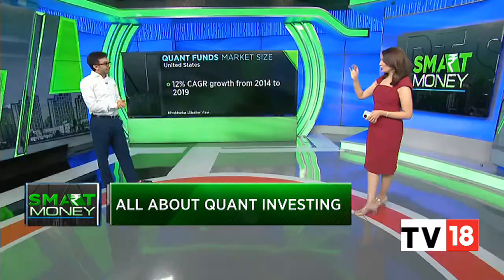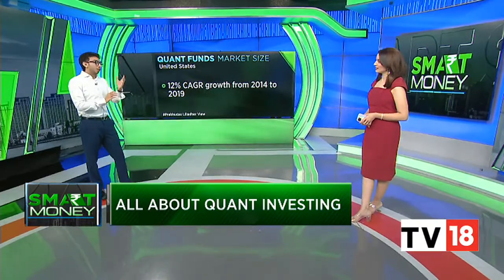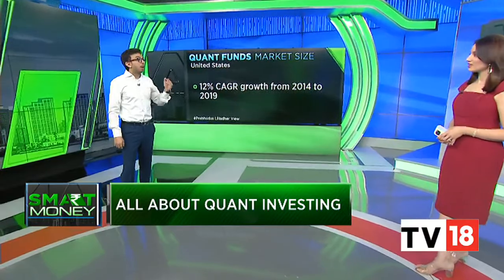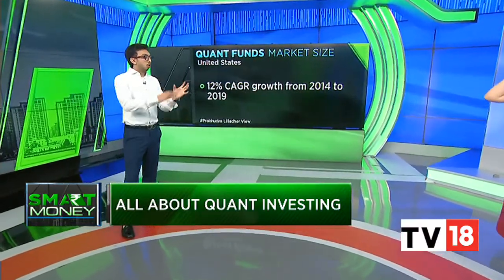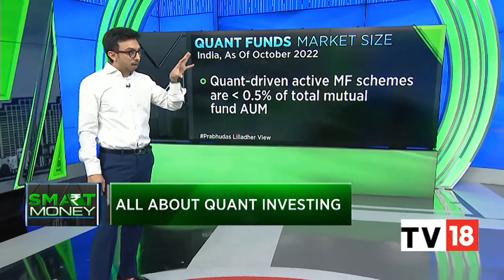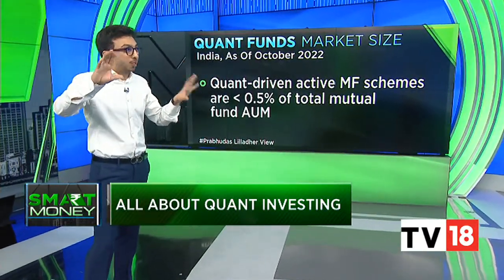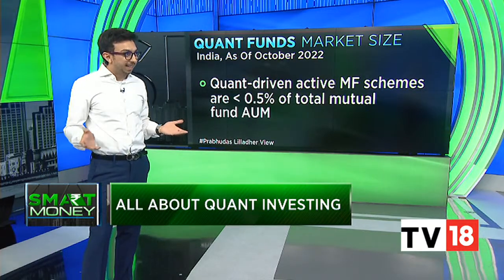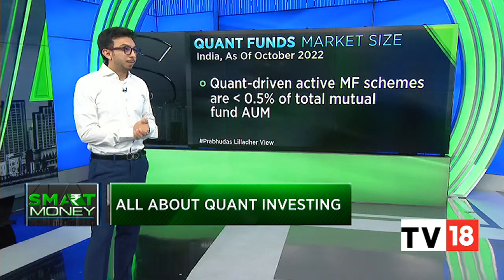And we have a stat here. In the United States, there's a 12% growth that quant funds have seen from 2014 to 2019. Do you have any such stat for India as well? Okay, so in India, the numbers are actually ridiculous because it's more like 100% CAGR because the base is extremely low. So on a 100 crore AUM, if you go to 1000 crore AUM, I think the industry size has gone from close to 800 crores pan-India quant to close to 24,000 crores in the last 5 years. Wow. So that's a huge jump, but CAGRs will be misleading because the base is very, very low.